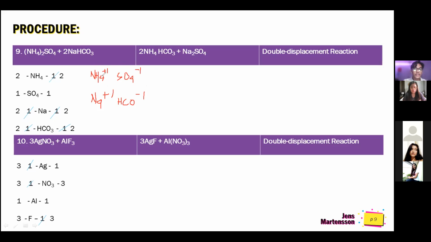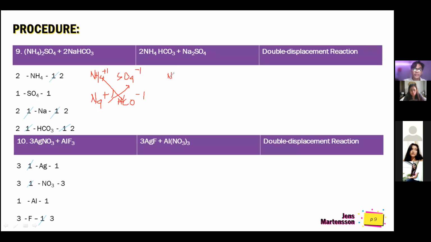So ang nangyari dito, i-interchange, 'di ba? So before natin i-identify ang subscript nila, i-interchange muna natin ang partner nila. Always talaga mag-partner ang positive and negative. So pag i-write down mo na 'yan, ang final product natin is